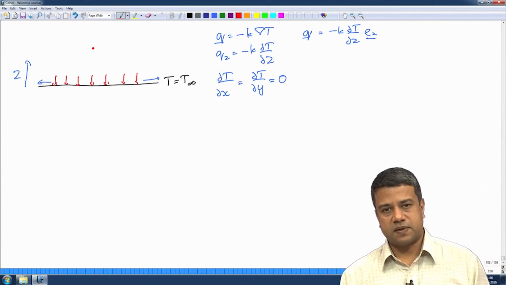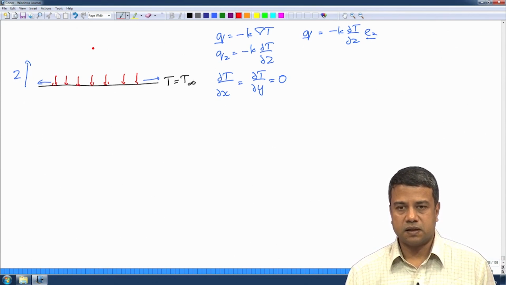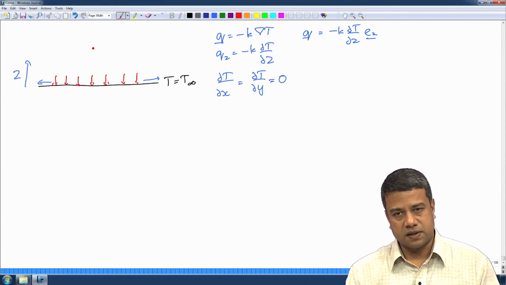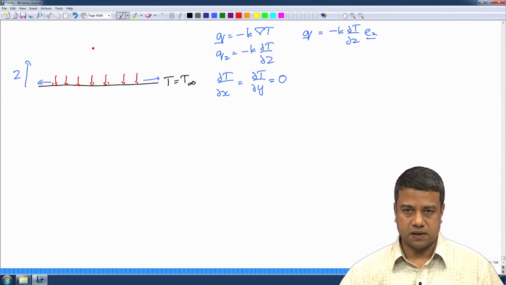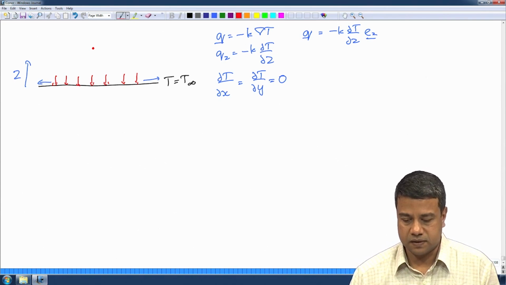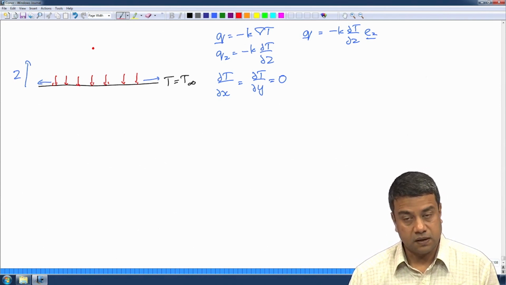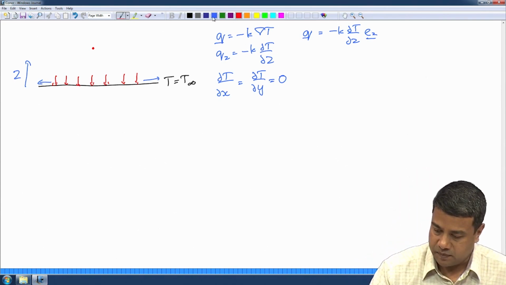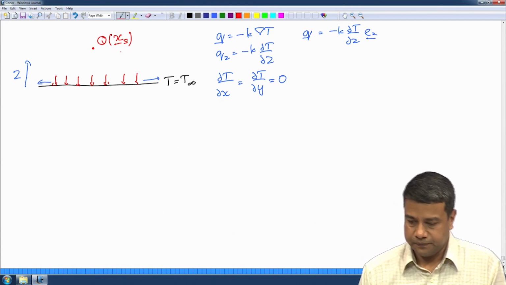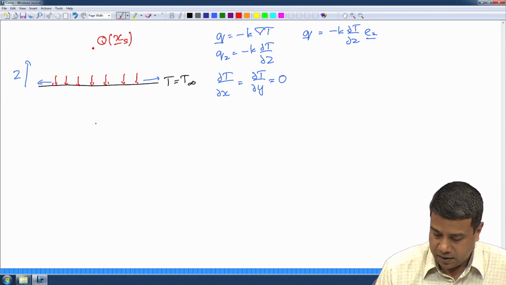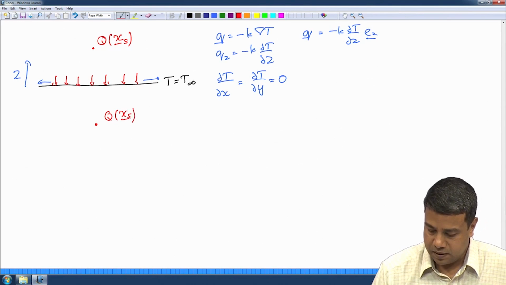In the previous case, when there was a 0 flux condition, the flux lines had to be parallel to the surface. In this case, because the temperature is a constant along the surface, there is no variation along the surface, therefore, the flux has to be perpendicular to the surface. How do I solve this problem? I have a point source here Q at the source location. I can replace it by an alternate problem, where